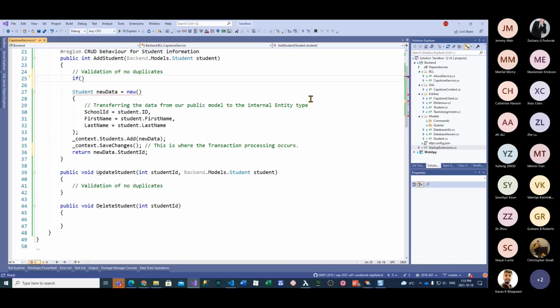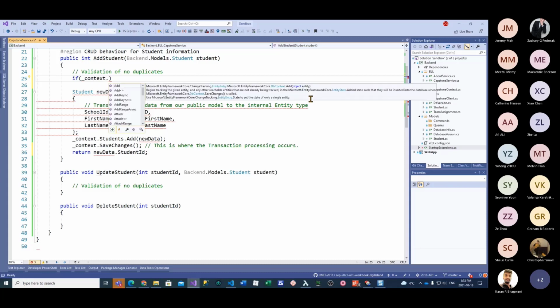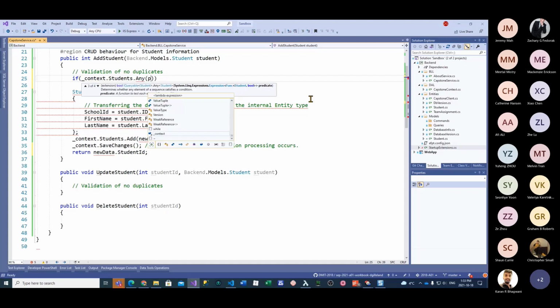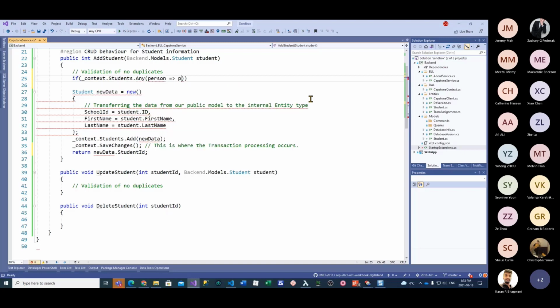If _context.Students has any person such that the person's school ID matches the incoming student ID, then what we're going to want to do